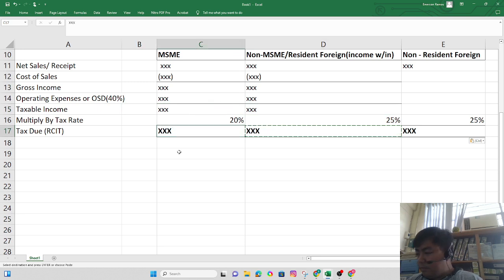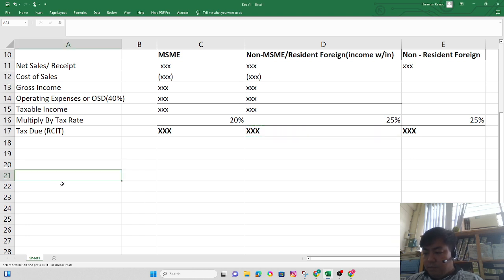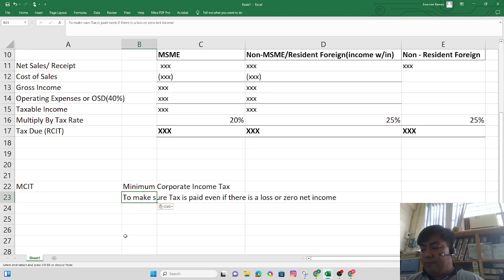So to avoid non-payment of tax for corporation, the government has devised a scheme so that earning corporations are still taxed at a minimum rate. So we have the so-called MCIT, or the minimum corporate income tax. So this is a tax to make sure tax is paid even if there's a loss